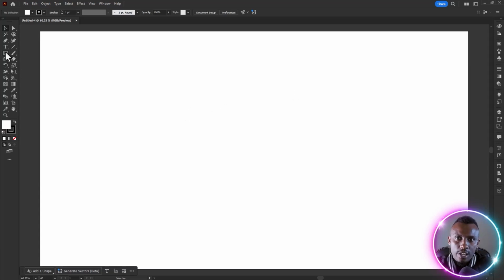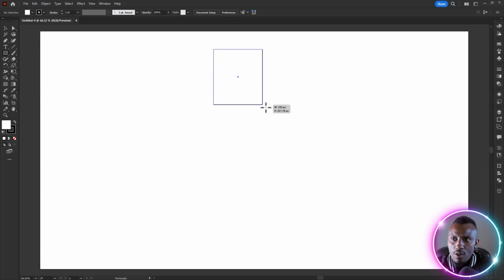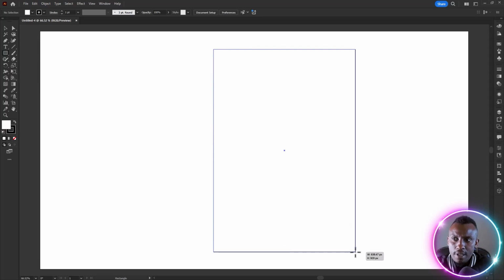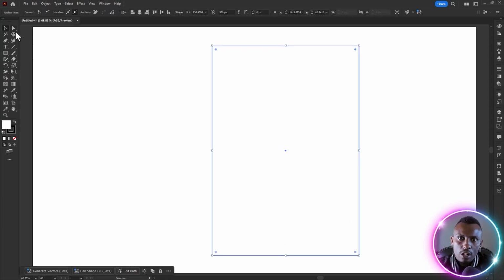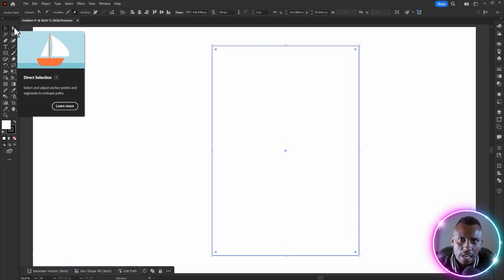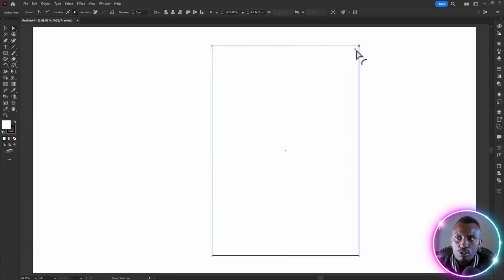And what I want to do is, there are different ways to create this. We can just go ahead and create. I'll pick the rectangle tool and draw a rectangle, maybe up to that point. Now I'll go ahead and select the direct selection tool to allow me to select different individual corners. So I'll select this corner,